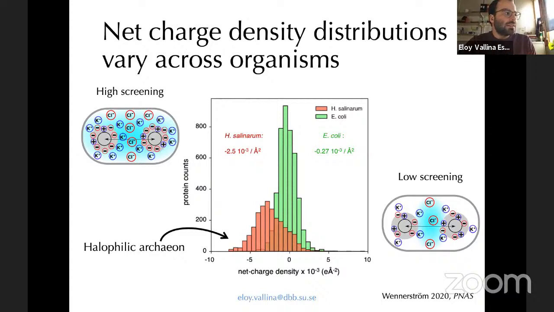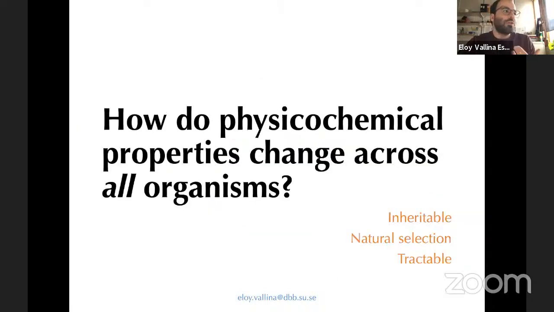coli and this other organism that made us wonder if we could extend this to any other organism, or virtually to all organisms, right? So the question for this project is whether physicochemical properties such as net charge density change across all organisms. And then the basis of this question is that